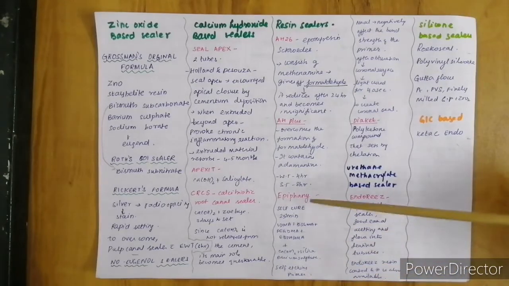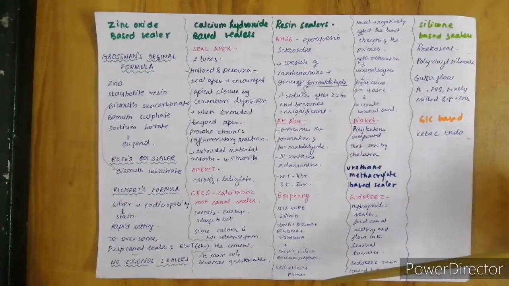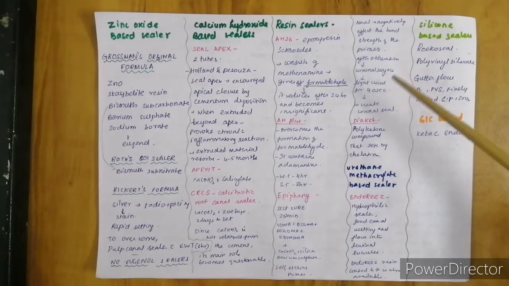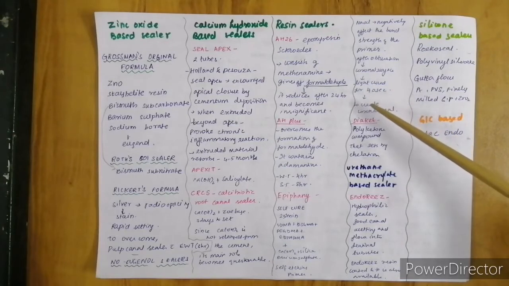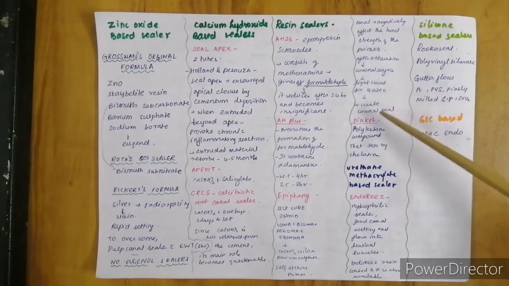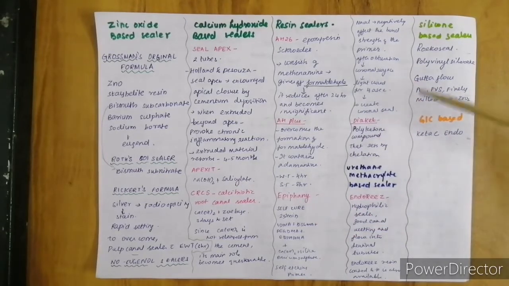Then it comes along with a self-etching primer. Since it is a resin-based sealer, whenever you use sodium hypochlorite, it will definitely have a negative effect on the bond strength. So it is necessary to neutralize the sodium hypochlorite when you are going to use a resin sealer. After using the sealer and after obturation, it is necessary to light cure it for 40 seconds in order to obtain a coronal seal. It can also self cure, but in order to obtain an immediate coronal seal, it is better to use light cure also.